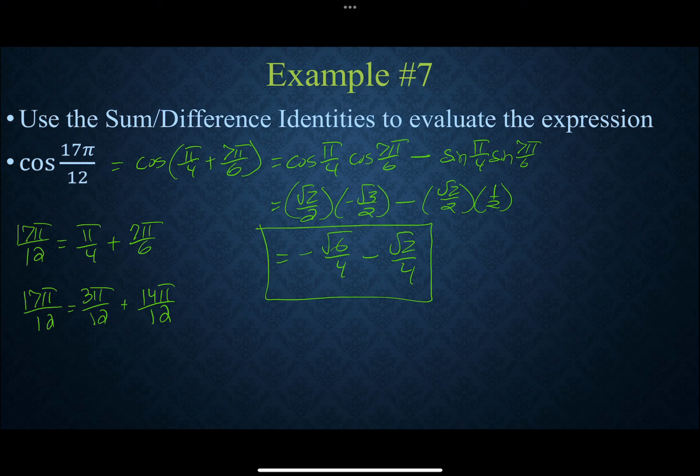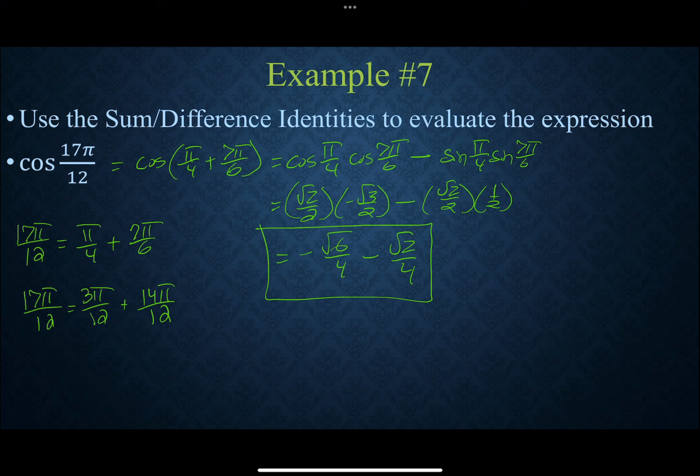And a unique thing that's going to occur with every single one of these sum and difference identities that I ask you to evaluate exactly, based on this 17 pi over 12 or just in general, is that it's always going to be over 12. It's always going to yield a root 6 over 4 and a root 2 over 4 for the sine and cosine problems. The differences will be sometimes they're both negative like it is here, sometimes they're both positive, and other times you'll have the root 6 positive and the root 2 negative, or the root 6 negative and the root 2 positive. But it's always going to yield those two fractions